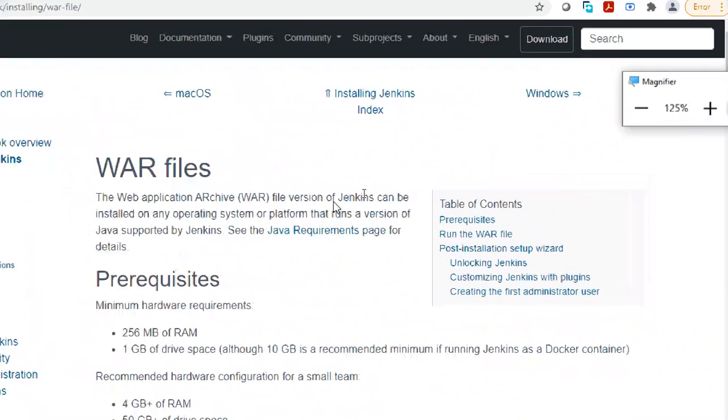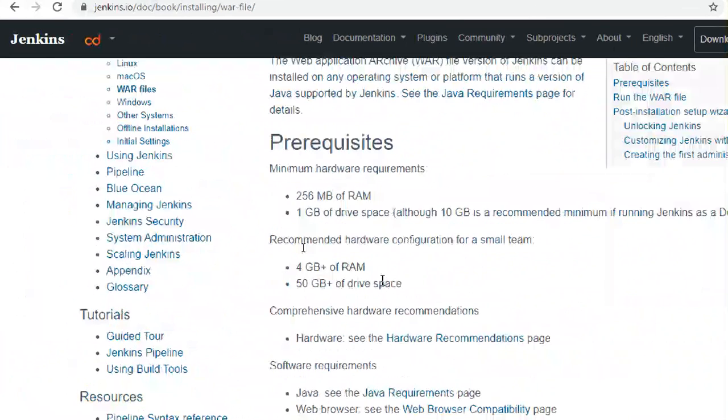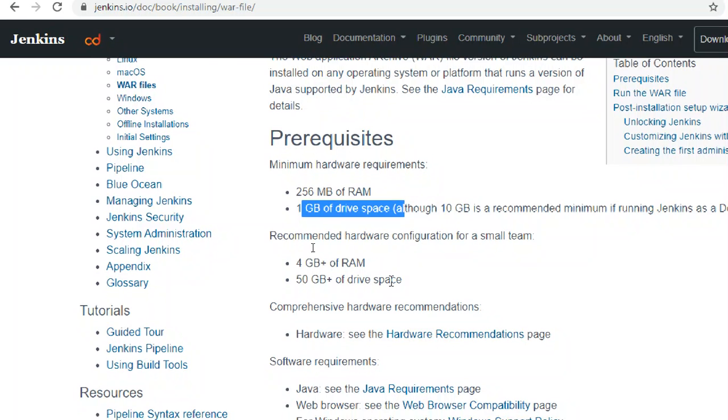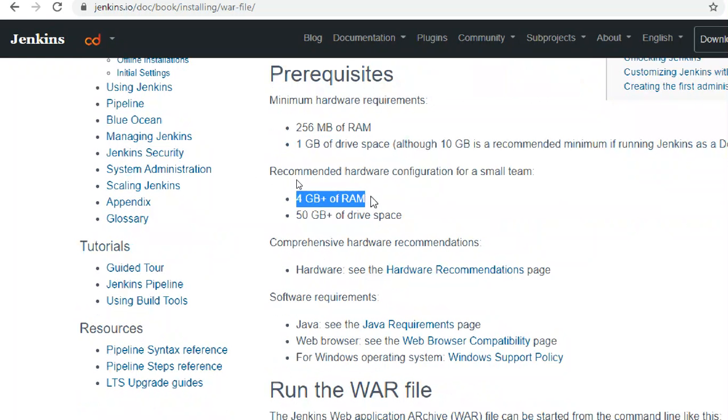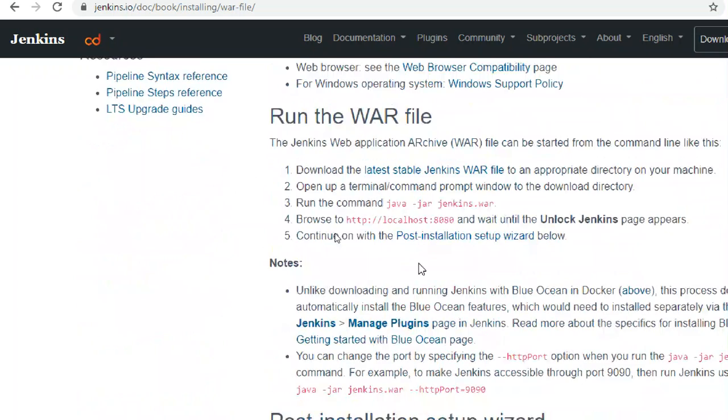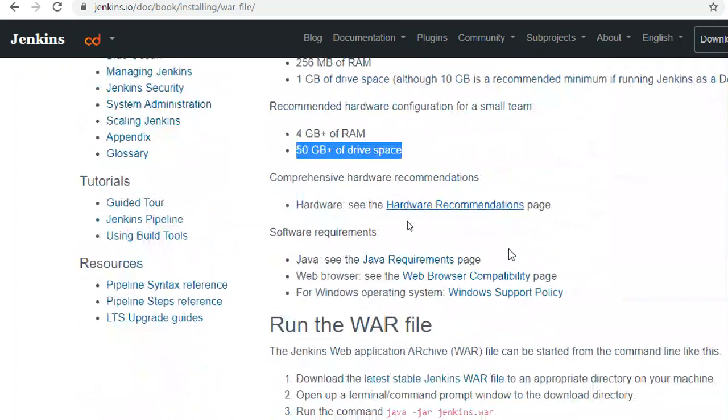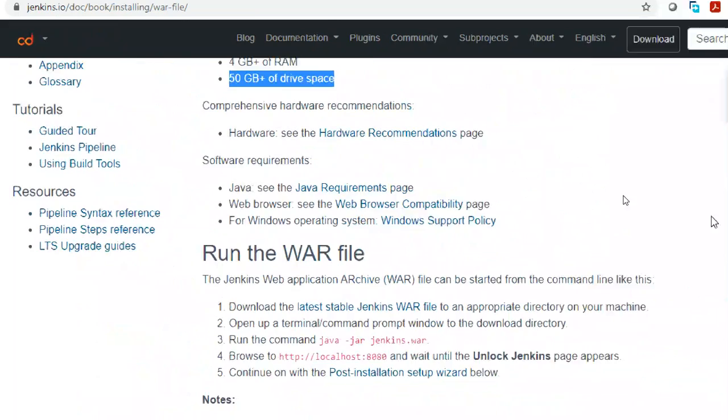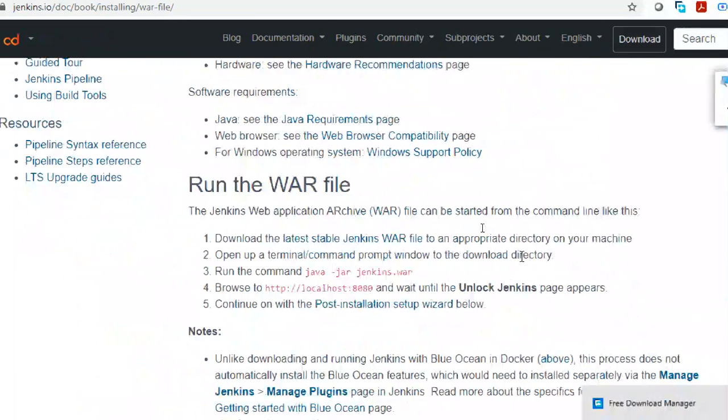I am selecting the WAR file. Prerequisites: 256 MB of RAM minimum, 1 GB of disk. Recommended 4 GB of RAM, 50 GB of disk space. And Java version is compulsory, 8.